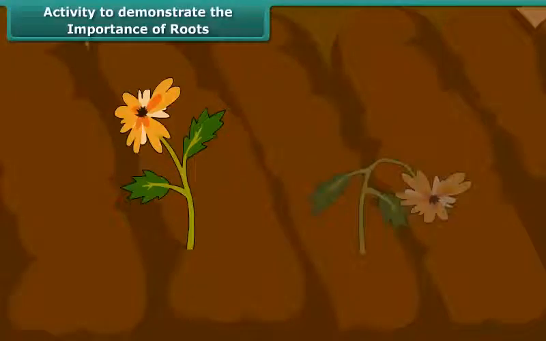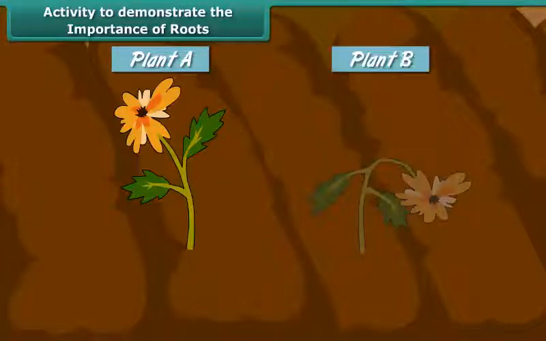After a few days, plant A appears as healthy as it was on the first day, whereas plant B appears wilted. This proves that roots absorb water and minerals from the soil and transport them to the other parts of